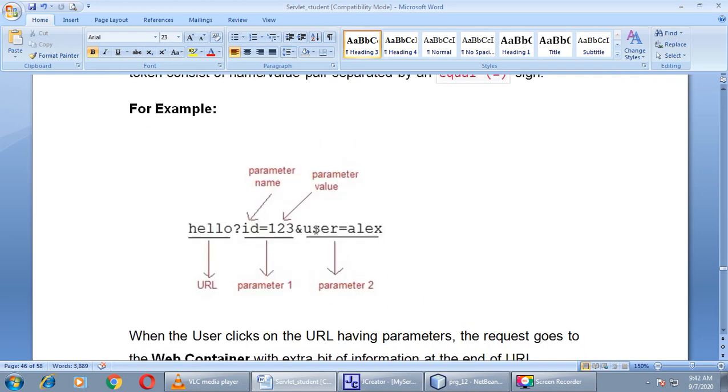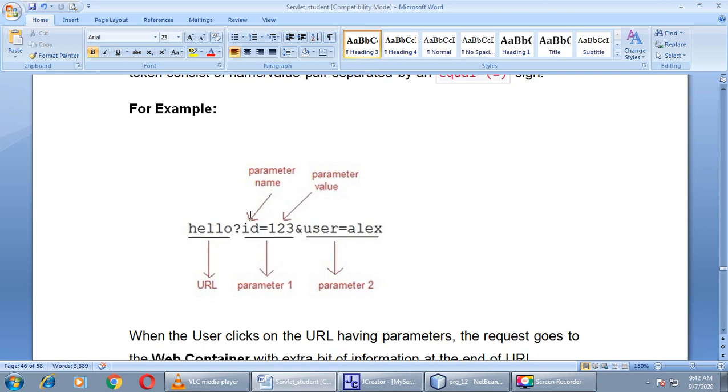Here you can see hello, then question mark, id equals 123, user equals Alex. Here hello is a URL, then after the question mark we can write the first parameter, and if you want to send more than one parameter, you can separate these parameters by giving an ampersand sign in between, right?